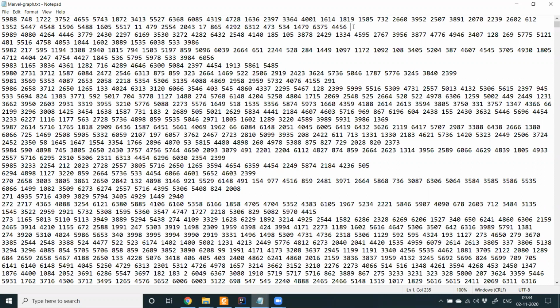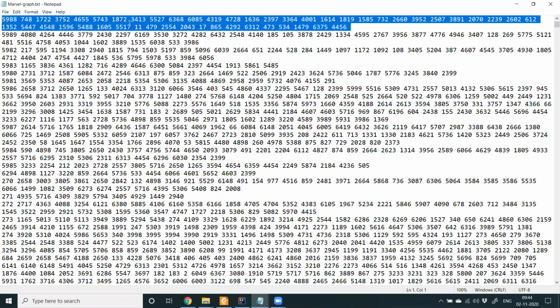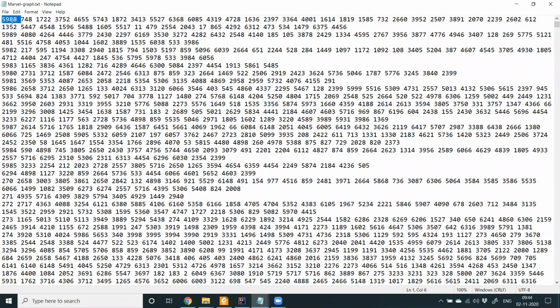Each entry is representing the social network of one superhero. Essentially, each entry is the ID of one superhero, and this ID appears in the comic books of other superheroes. That means, let's say Spider-Man is appearing in a comic book of Thor.